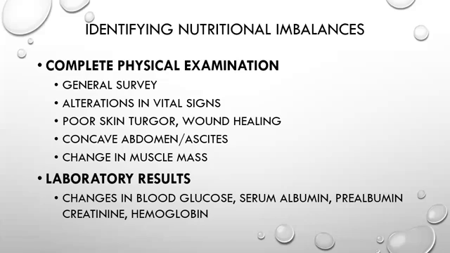Laboratory results, so changes in blood glucose. Remember, blood glucose levels indicate the amount of fuel available for cellular energy, okay? Cells need that energy of glucose. Levels above a normal set point trigger the release of insulin, right? Which causes the glucose to move into the cells, and then it can be stored in the liver and the muscles. Okay, a level below the normal set point triggers the release of glucagon, which leads to the release of glucose from storage.